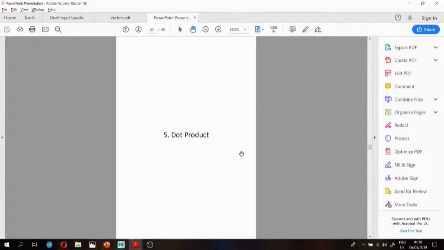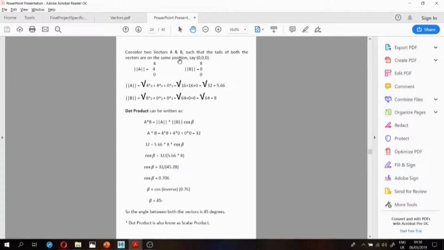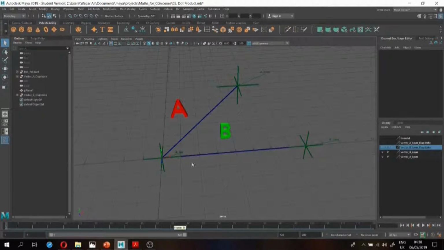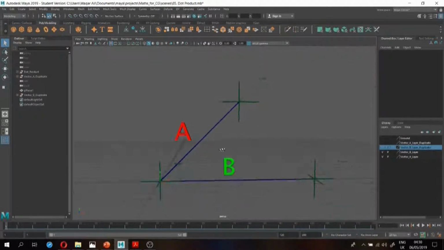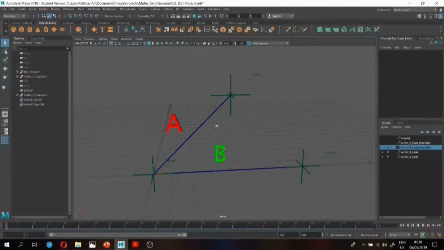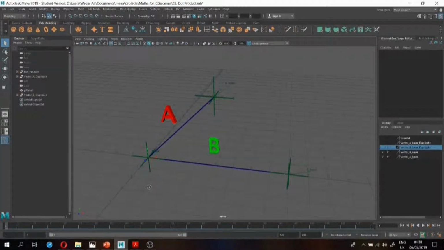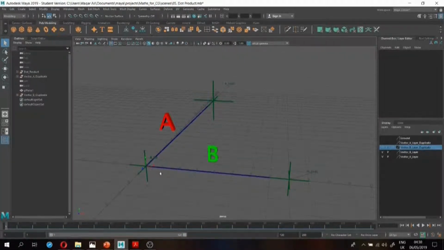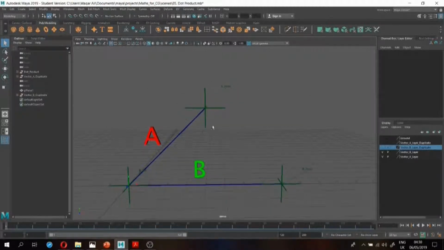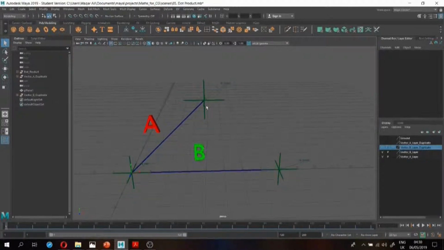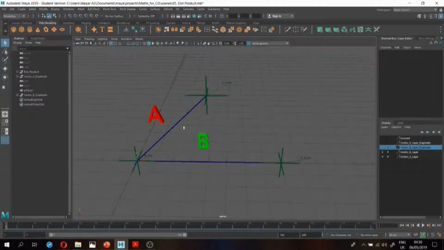So the next thing is the dot product, how to get the dot product. Consider two vectors A and B such that the tails of both vectors are at the same position, say 0, 0, 0. Let's go back to Maya and look at the vectors A and B. Both have their tail at the origin, 0, 0, 0, and the head of vector A will be at 4, 4, 0,